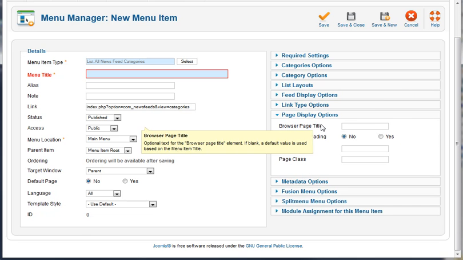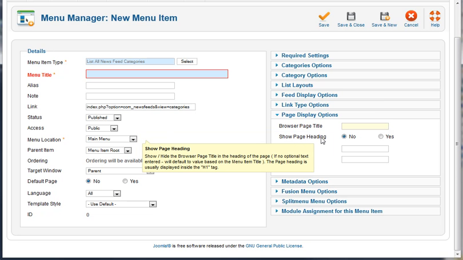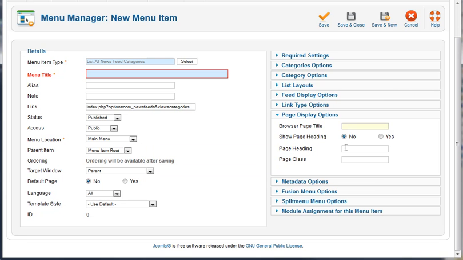Page display options. Because this is going to be a dynamically generated page, we want to make sure it has a custom title. If you choose to use page headings, it's going to become the H1 tag on your site, so make sure you put in a heading right here in the page heading box. And then we've got page class, where we can apply custom CSS just to add elements to the page. If you're going to do that, you can add that in the template.css file and then refer to that